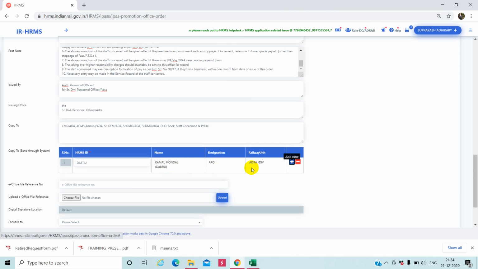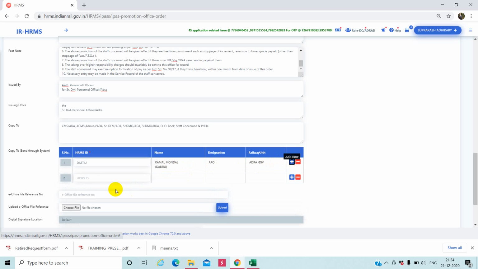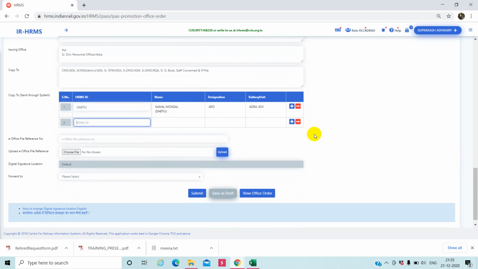So we may forward this order, or we may add another tab by just clicking on add row, the plus sign. Another HRMS ID we may provide, and in such a way we can forward to as many as we like by clicking on the add button.